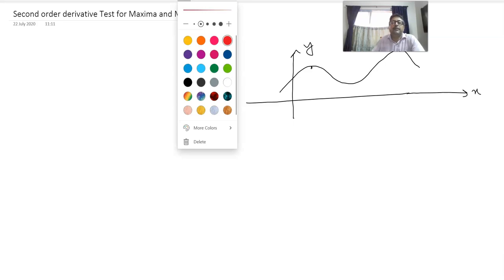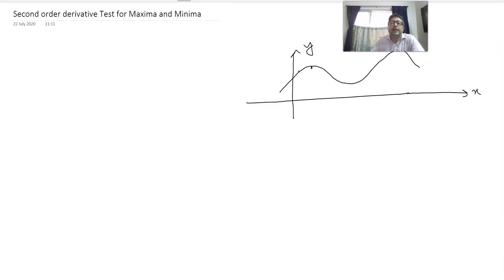Now just before reaching the point, if you draw a tangent at this point, this tangent makes an acute angle. And the tangent at this point makes an obtuse angle. All of you can see that. So this is done in first order derivative test. If we consider the derivative before the maximum value, that has positive value. After that, there is a negative value, because dy by dx is negative here.